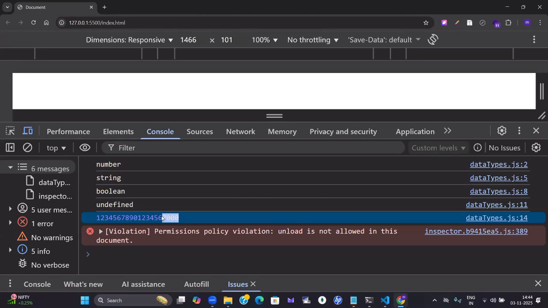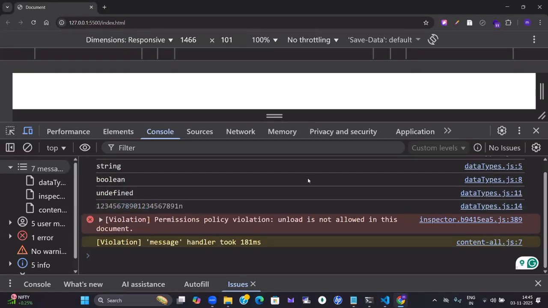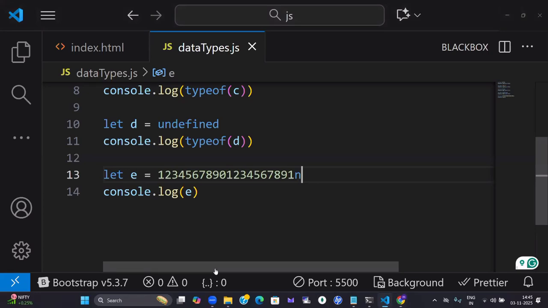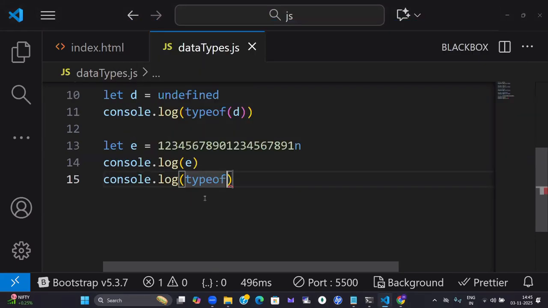Now, these types of data, if I want to avoid them, for that case we need to use BigInt. So there are two ways. At the last, we need to give the value as an n. Now we can check. Same to same I'm getting. Yes or no? Now if I check the type of, console log of type of